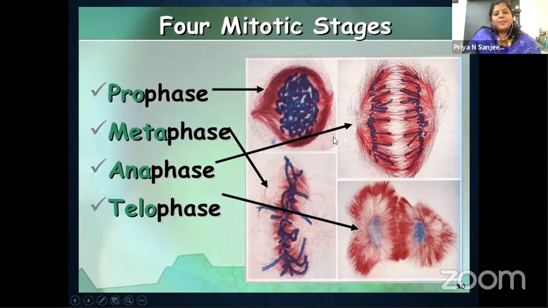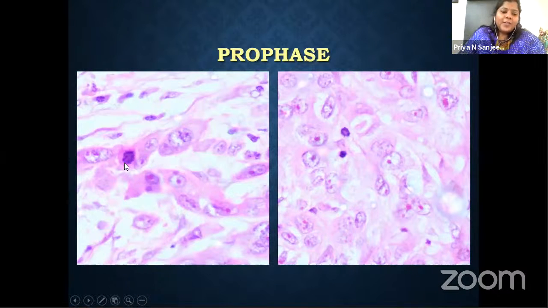So a prophase is the first phase where there is condensation of the nucleus and dissolution of the nuclear envelope. So these are the four phases. In the prophase, there is irregularity of the nucleus because of the loss of nuclear envelope. You can look at the adjacent cell where the nuclear envelope is intact. Here, the nuclear envelope is dissolved. So to call it a mitotic figure, the nuclear envelope should be lost. So this is prophase. You can see another cell with the prophase.